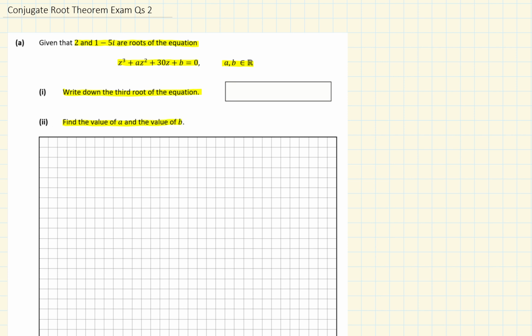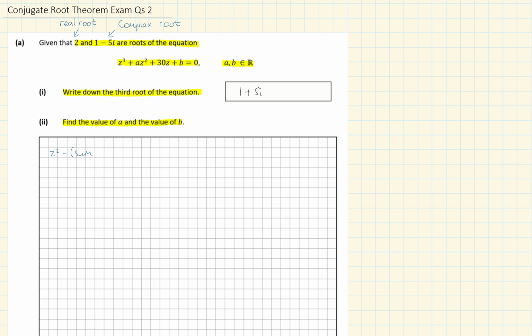Okay, so what's happened here is we've been given the real root, and here is a complex root. So I know by the conjugate root theorem, if 1 minus 5i is a root, then 1 plus 5i has to be a root. Okay, and what we're going to do is use the fact that z squared